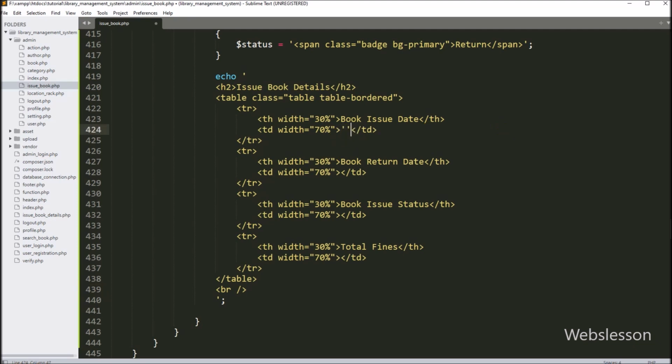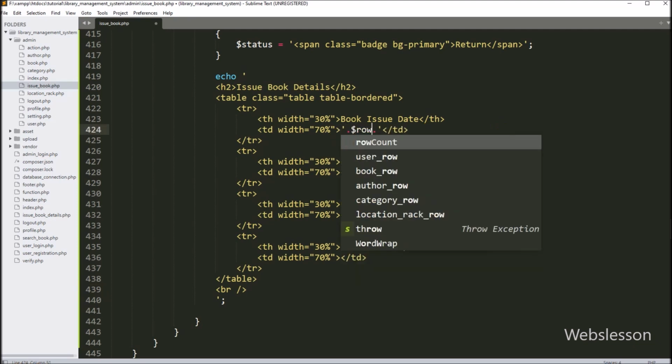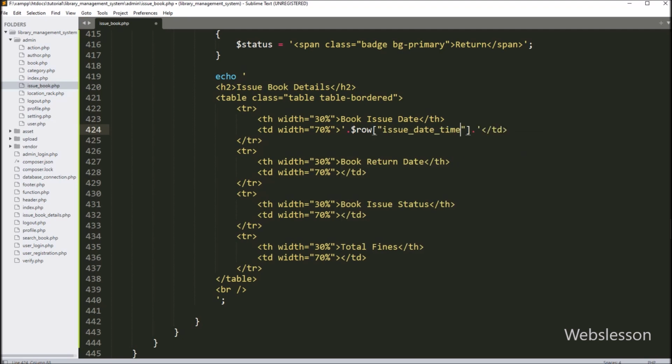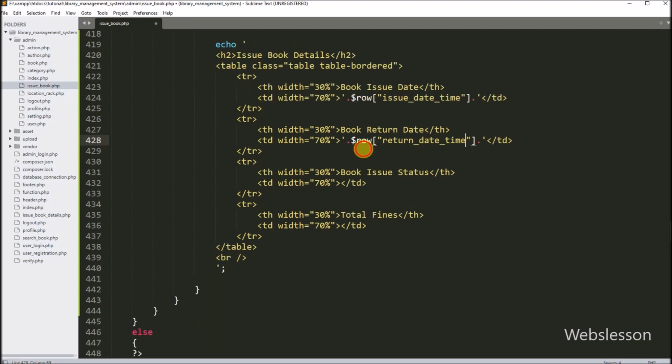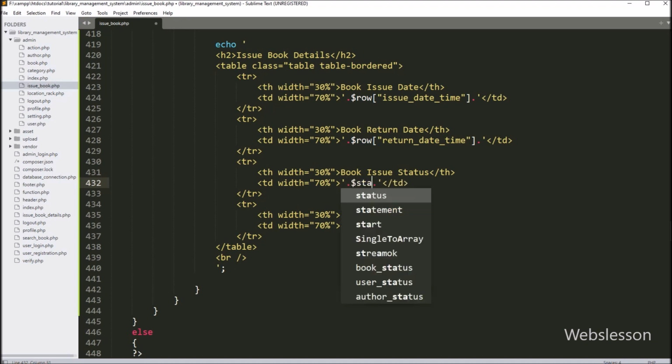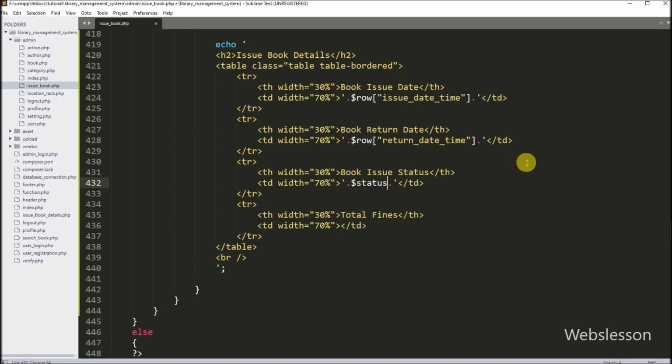And here, first we want to display book issue date, so here we have to write $row issue_book_time variable. Next we want to display expected book return date, so here we have to write $row return_date_time variable. After this, we want to display book issue status data, so for this, here we have to write $status variable.